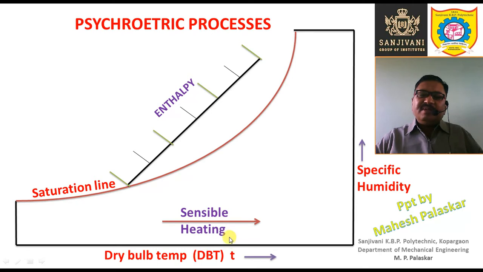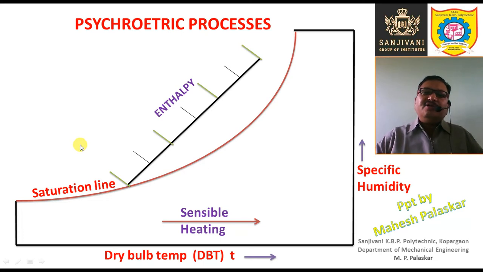So this is sensible heating, right? Sensible heat is added. Sensible heat increases, and this leads to the increase in the enthalpy. There is no increase in the latent enthalpy, only sensible heat is increased, due to sensible heating. So there is an increase in the dry bulb temperature, and no increase in the moisture content or the specific humidity. This is nothing but the sensible heating process. We are going to study further about sensible heating, but right now let us represent all these various processes.